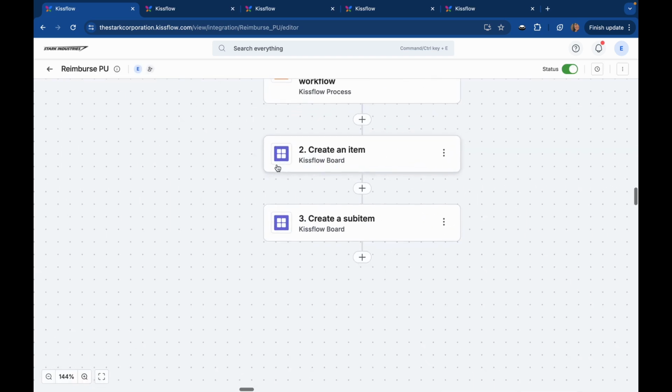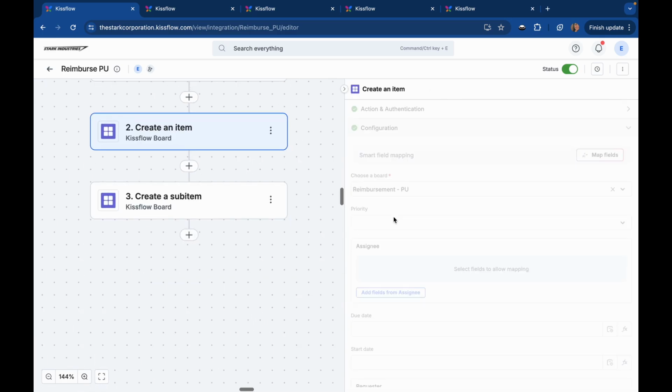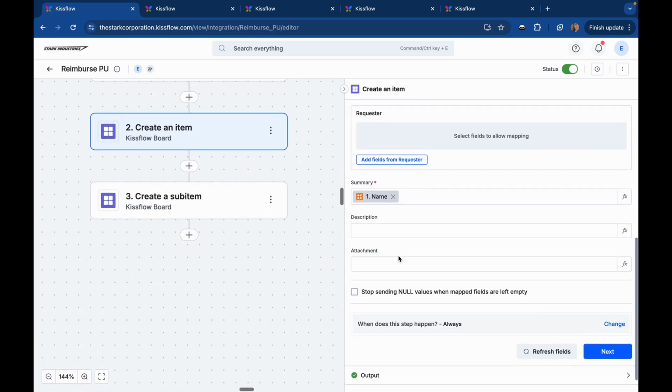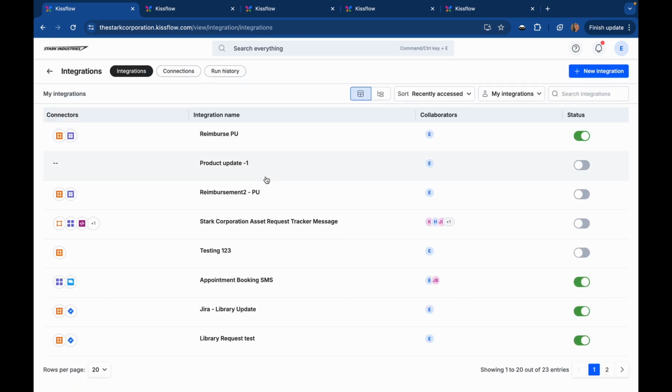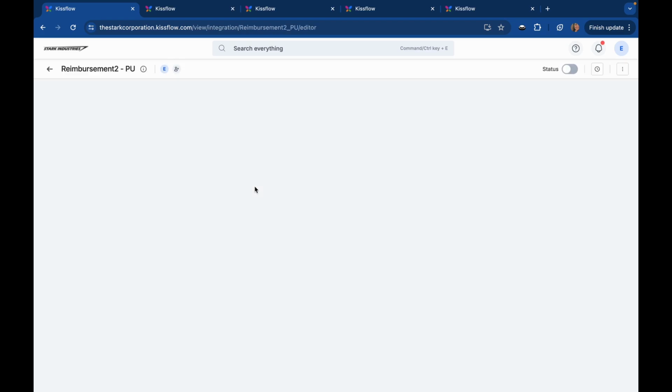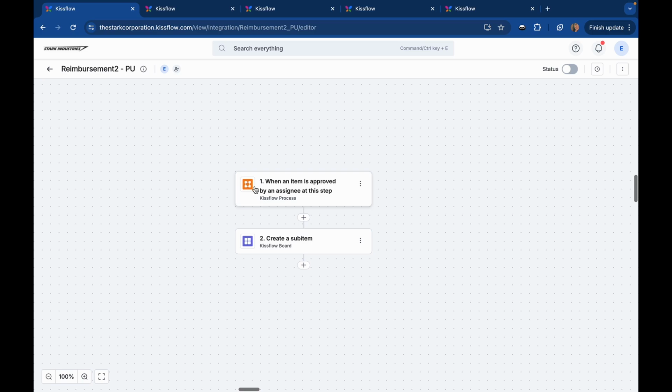So like you see, I've created, and this is how you go about configuring your integration. I'm also going to show you how the error management is sorted. So I've done this on purpose. There is an error in this particular integration. I've not mapped the field correctly. So what I'm going to do is I'm just going to click on